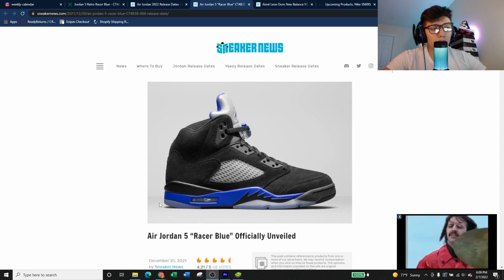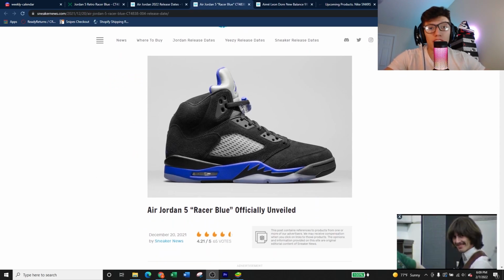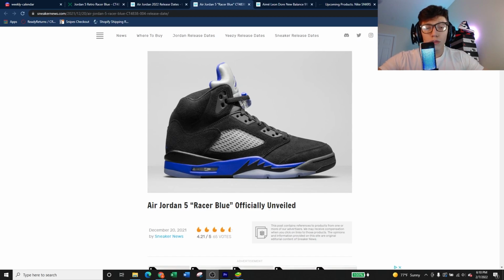And finally, for the biggest release of the week, we have the Jordan 5 Racer Blue that is going to be dropping on Saturday the 12th. And this one will be retailing for $200 in the men's sizing. And honestly, guys, this shoe is pretty cool, but it's most likely not going to have very significant resale value,